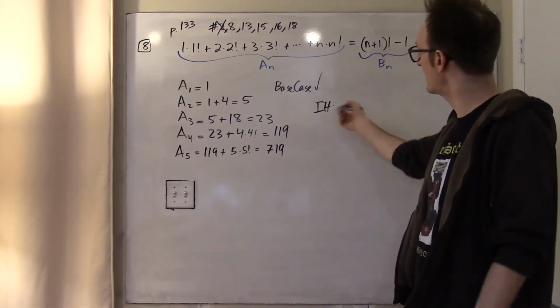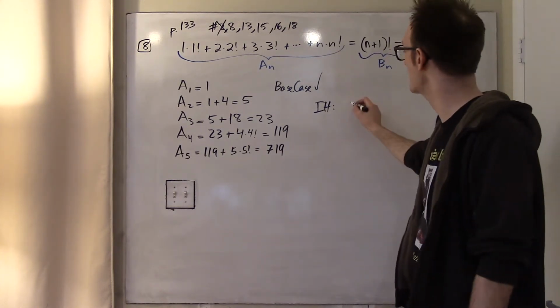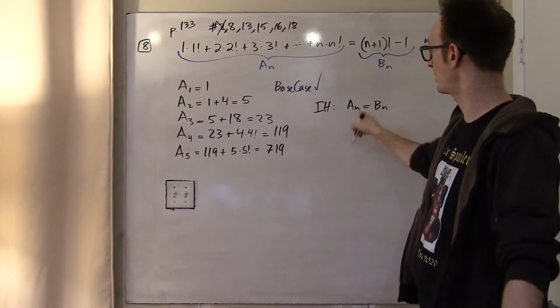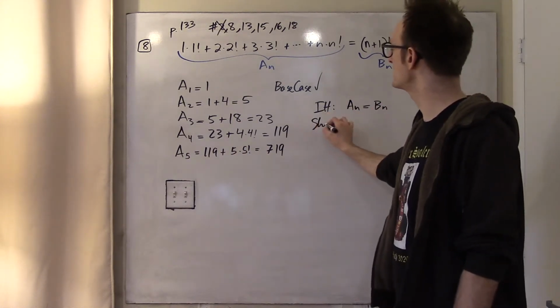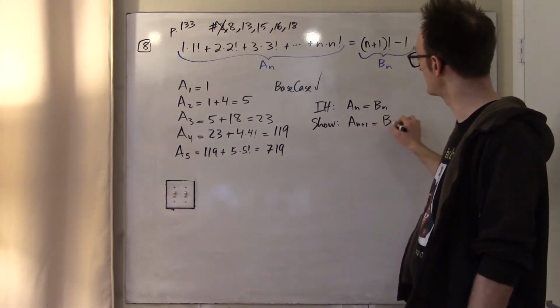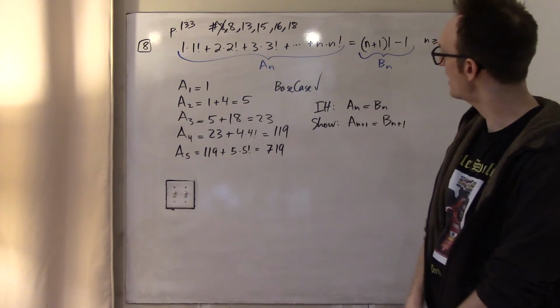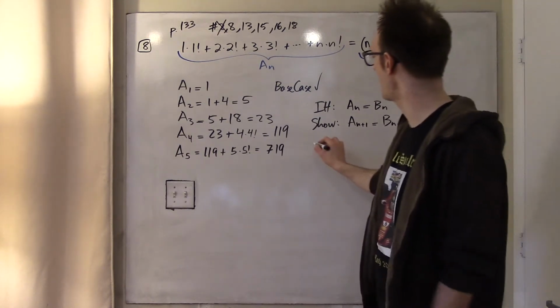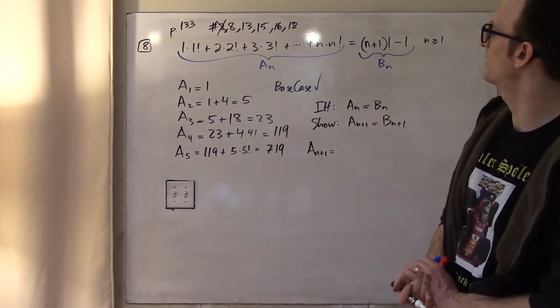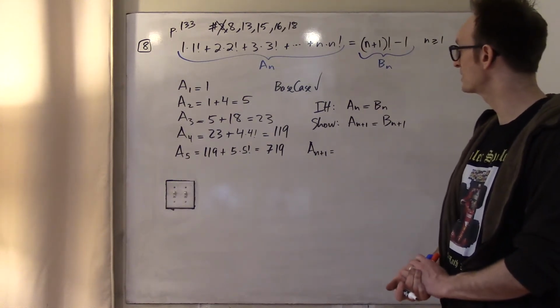Inductive hypothesis. You can use k, but you don't have to. Let's just say that it works for n. And now what I need to do is show that it works for the next number. And maybe we'll arrive at some understanding from this. Well, what is a sub n plus 1? It's just,